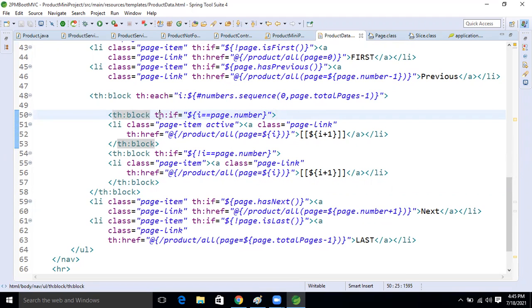After that, the th:if condition, dollar symbol i equal to page dot number. What is the error?